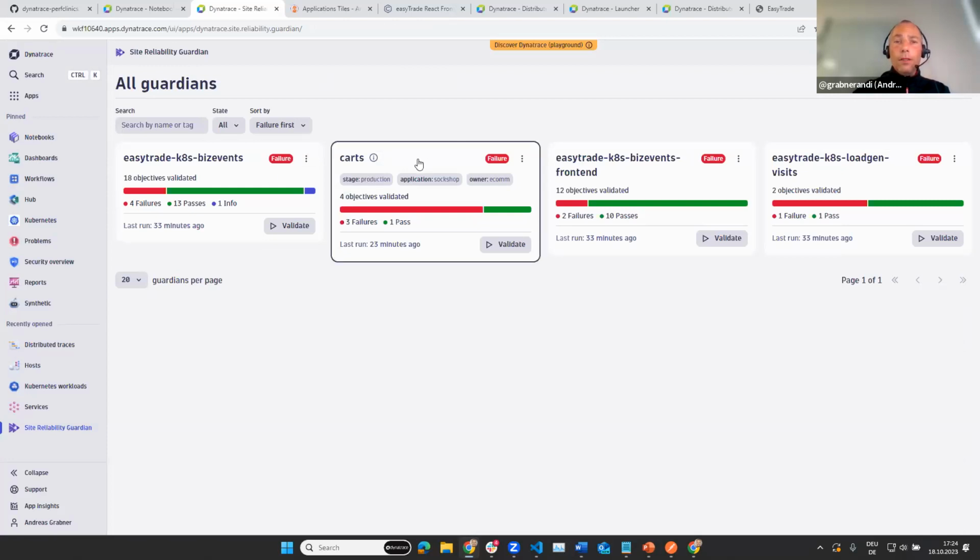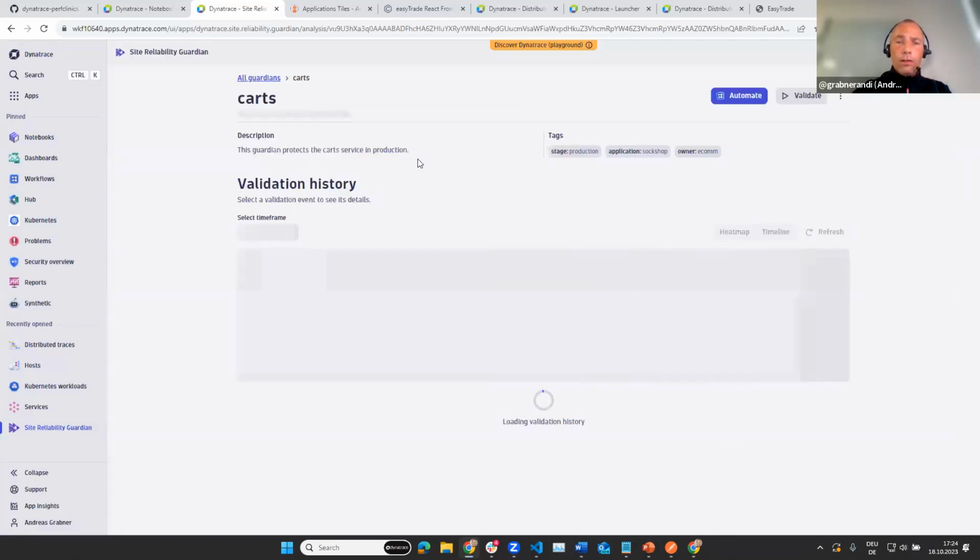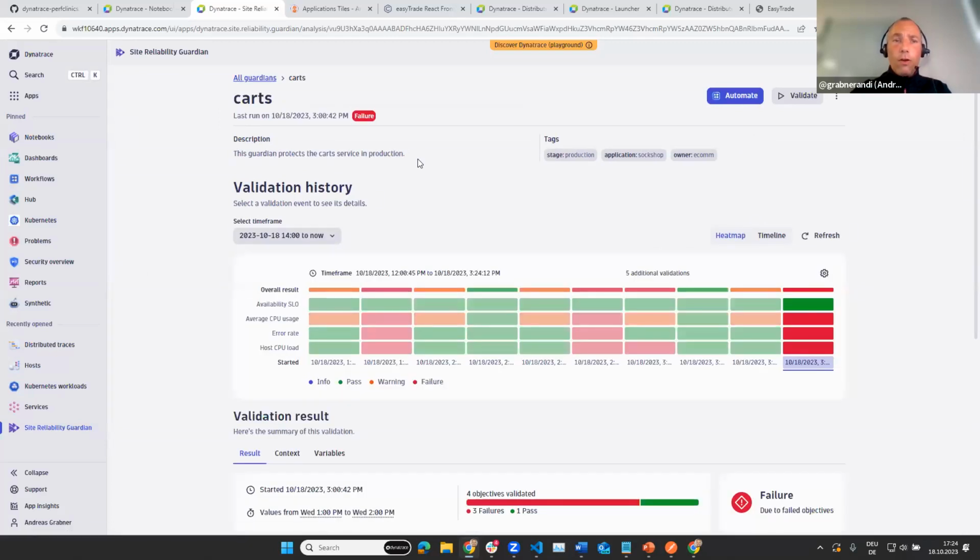Some of my colleagues are currently setting these things up also in the environment. If you open up, for instance, the cards guardian, which I assume is guarding the cards service in my sock shop application in production, because you can also specify tags,